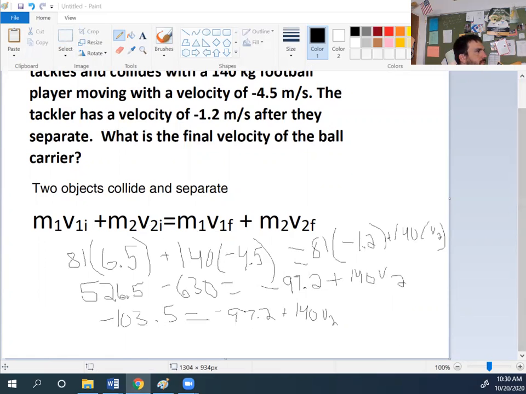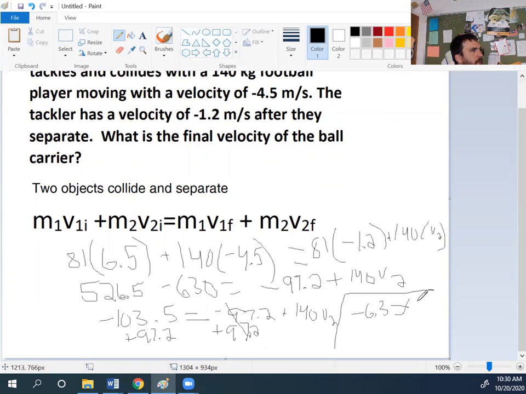Would you combine like numbers? Got it. So yeah, these don't have variables. So now I've got to get this 97.2 over the other side. The opposite of subtraction is addition. So I'm going to add 97.2 to each side. To the 103, because the 140 is a variable. So now I'm left with negative 6.3